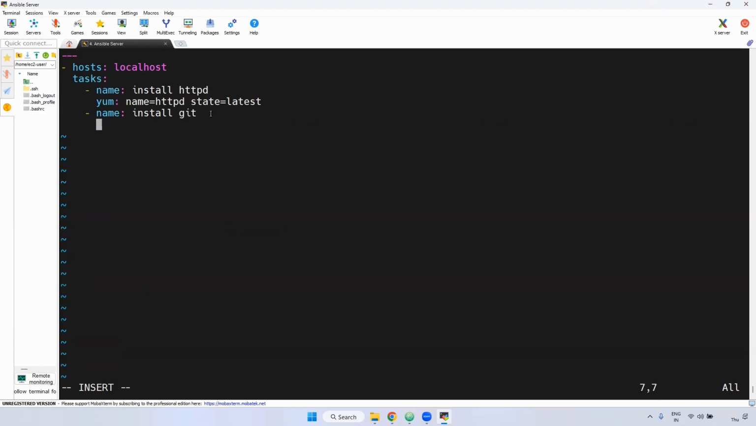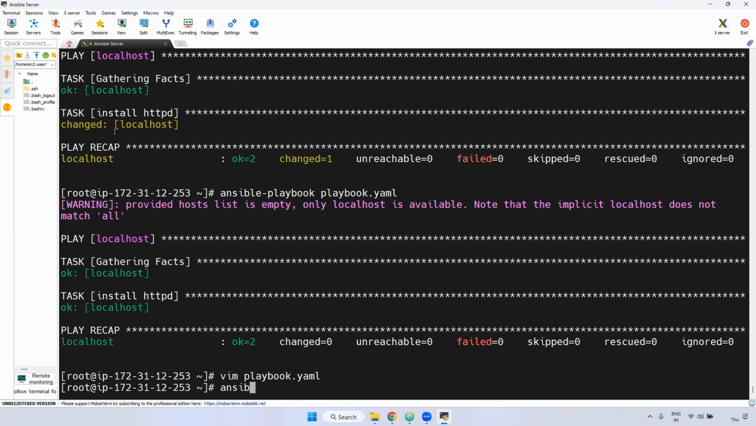Remember, again for git I am using the yum module. Using the yum module I am installing git. Name is equal to git, state is equal to present, meaning the present version will be installed. Then save it. Now if you run this playbook, ansible-playbook playbook.yml,